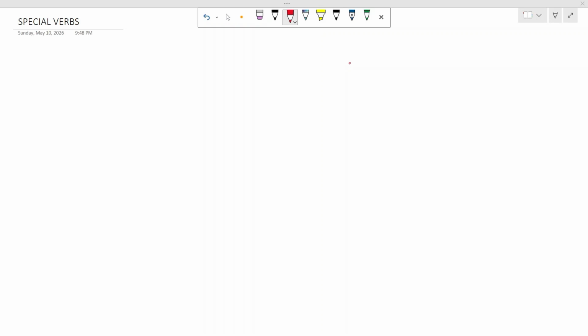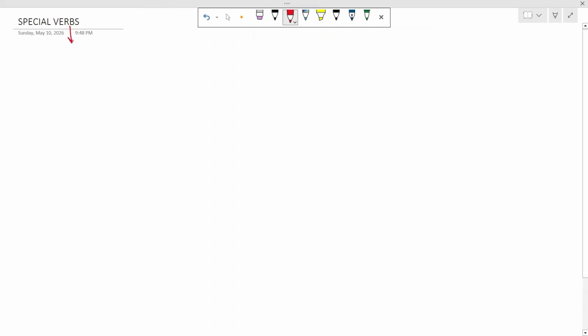Today we are going to learn about the conjugation of the special type of verbs. These are the verbs which follow the rules which are required for the purpose of conjugating the ER ending verbs. The 5 steps which we have done for the purpose of conjugating the ER ending verbs will also be applied over here in these type of verbs. The only difference is that the stem keeps on changing in these verbs.